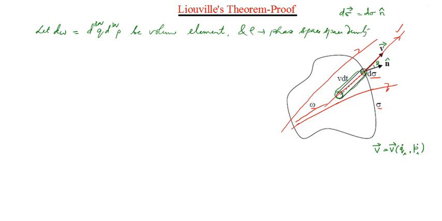Now we are going to calculate the rate at which the number of representative points in the volume omega increases with time. Suppose there is an observer at a particular location of the phase space. If the observer is moving along with a particular representative point, then he will be able to observe the local density of representative points around that particular representative point.